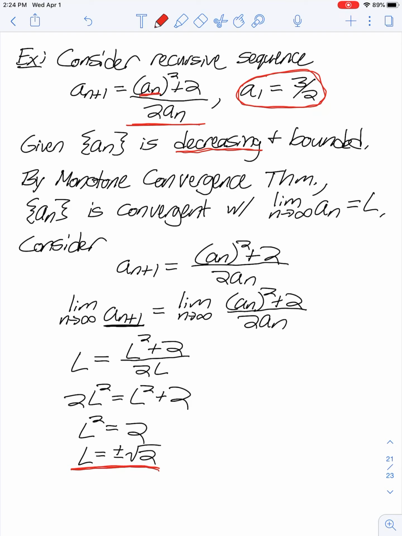But if we look at the recursion itself, if the first term of our sequence, a1, is positive, then if I'm looking at the next term of my sequence as a sub n squared plus 2, we know that numerator will be positive, and then 2 times a sub n, well, if a sub n is positive, then our denominator will also be positive, which means that every term of our sequence